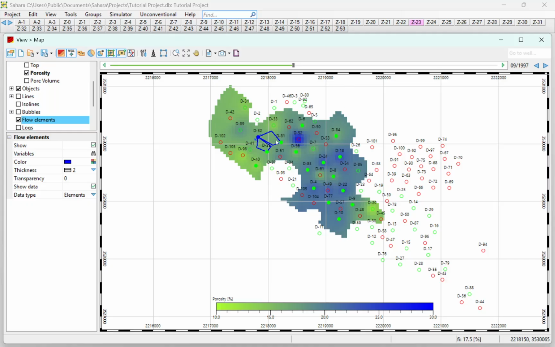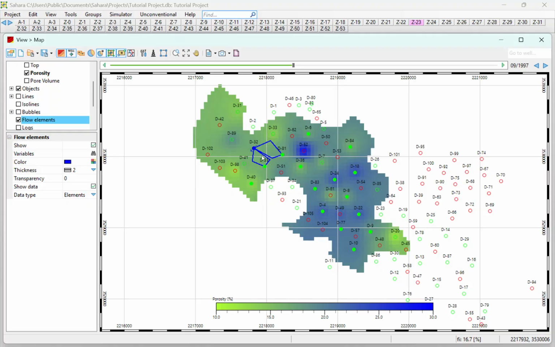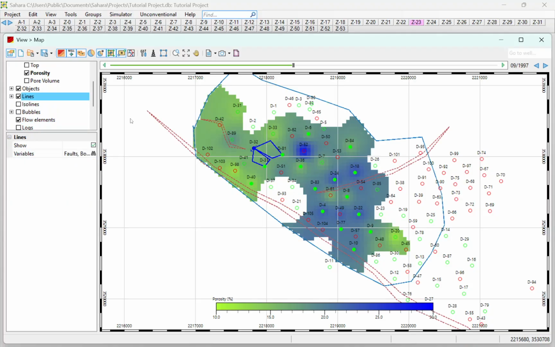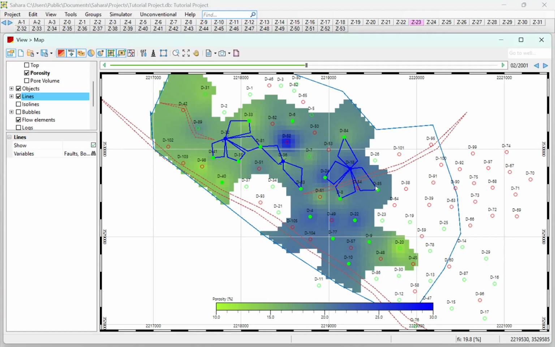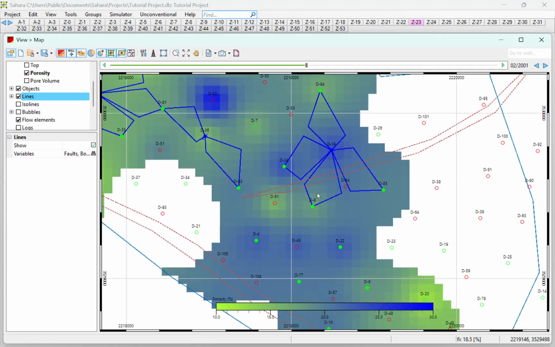Something relevant as well to have in consideration is that in the case that you have faults like this, and some of your flow elements are crossing the faults, here we can see some example here. Here we see that these two flow elements are crossing this fault, and that may be or maybe not correct in the sense that we don't know if this fault is sealing, but in the case that we are sure that this fault is sealing and it will not allow for the flow of this injector to these two